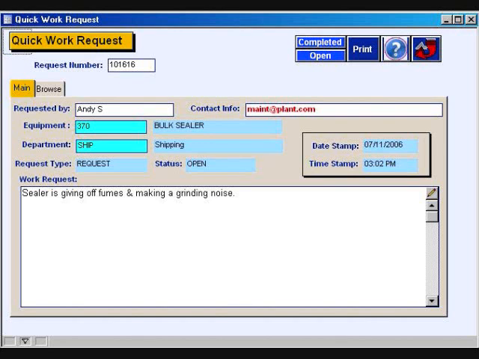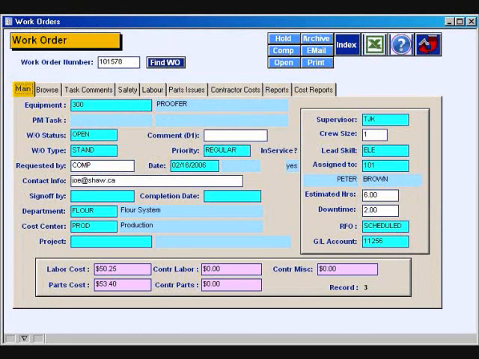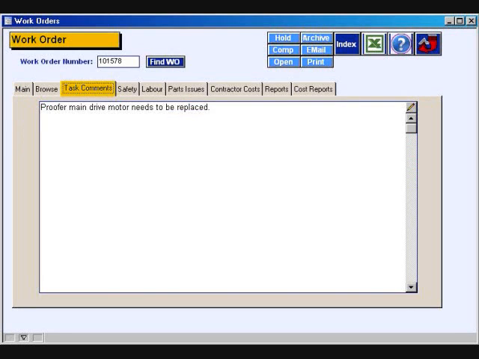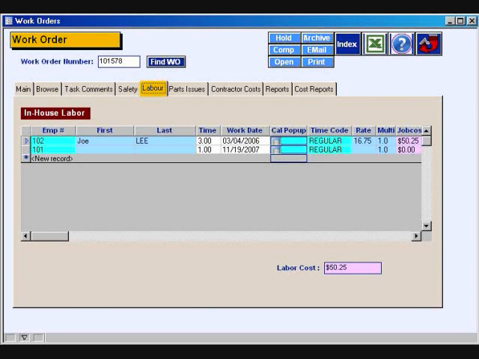This is the opening screen of the work order module, and you will see that a couple of the fields are color coded. Light blue for quick pop-up lookup windows and pink for automatically calculated fields. This is where you enter the work that has to be done, and in the case of a PM work order, this field is automatically filled in by the program. A user can quickly enter the work order labor for this particular task,